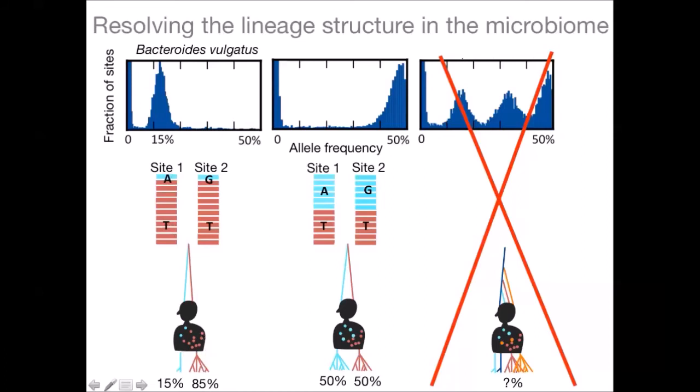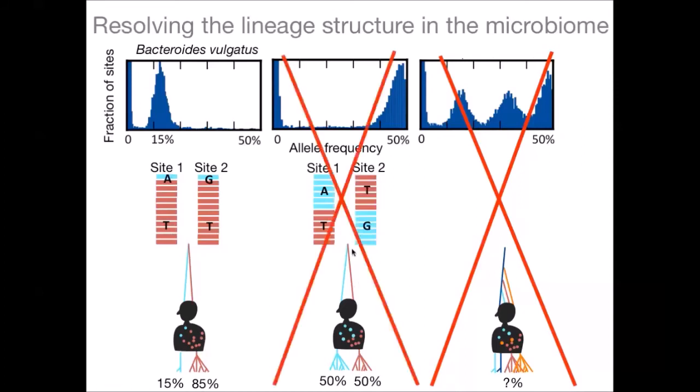That's not so easy for this sample because, as you can see, there's a 50-50 chance of assigning the wrong allele to the wrong strain. And so, therefore, any allele frequency changes could be confounded with actually phasing errors. So we want to focus on those samples in which we can actually phase the dominant lineage, and then we can track evolution on the background of that dominant lineage.